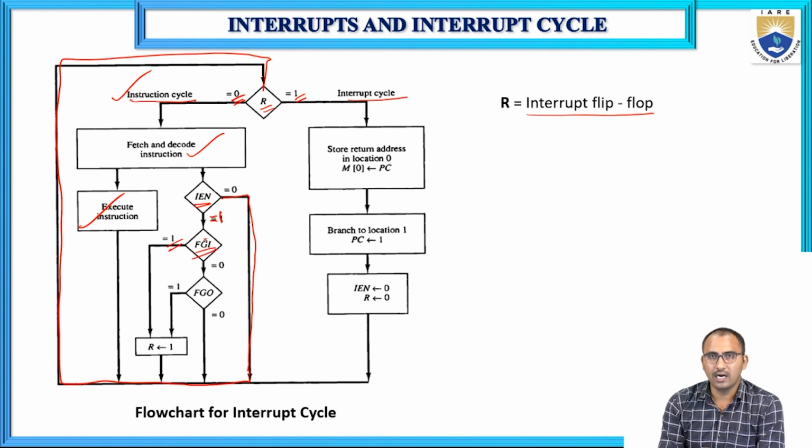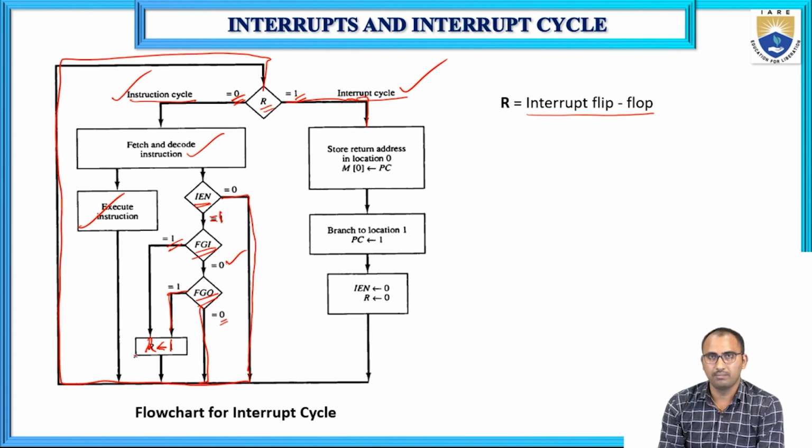If an interrupt has occurred, then we have to execute the interrupt cycle. So that's why we are loading 1 into R. If R is equal to 1, then it will be an interrupt cycle. Suppose FGI is equal to 0, then we check the output flag. Similarly, if FGO is equal to 0, then we check R again. Suppose FGO is equal to 1, in that case also we have to load 1 into the